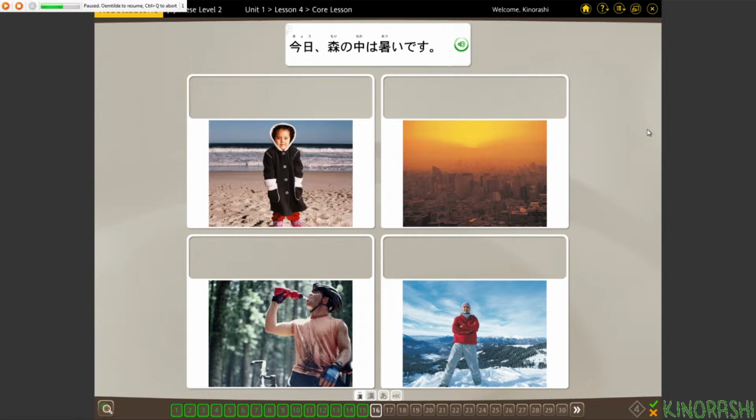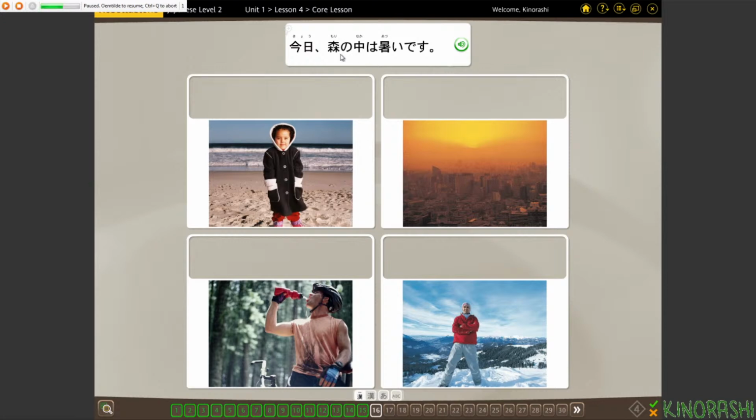森の中。森, yes, right. 今日、森の中は暑いです。暑い. You can think of this as two suns, and so it's hot when there are two suns. So this is hot. So atsui,